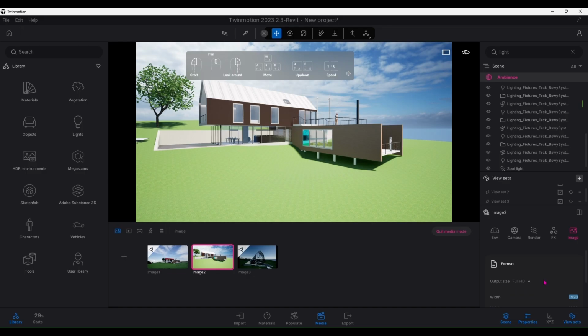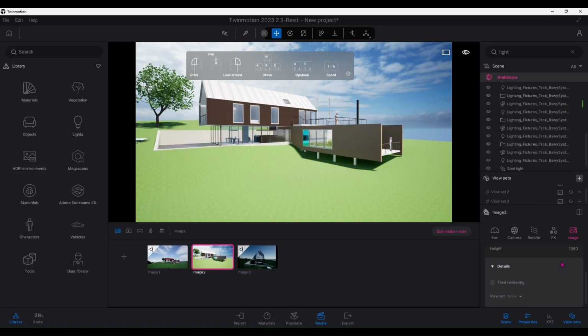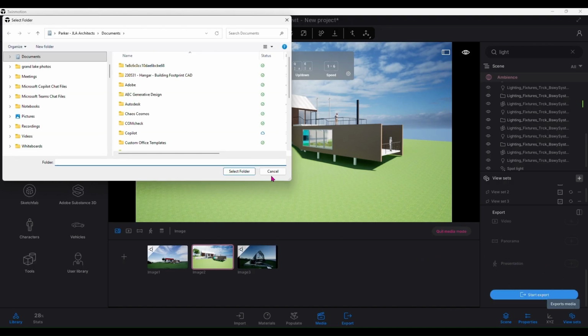You can adjust that size there, and if you hit export image, okay. So you can look through your options, select the image you want, then start export,